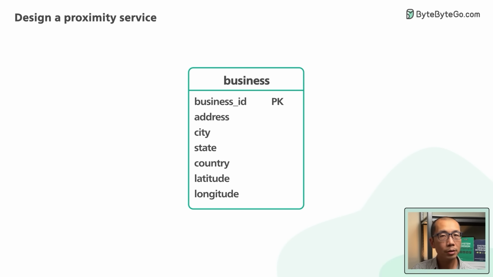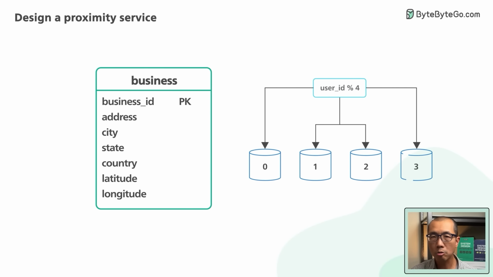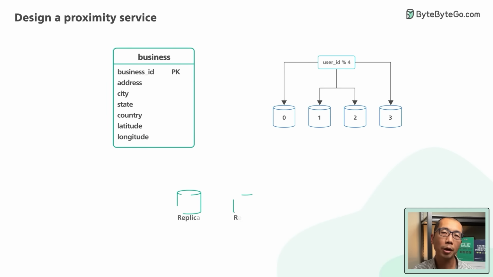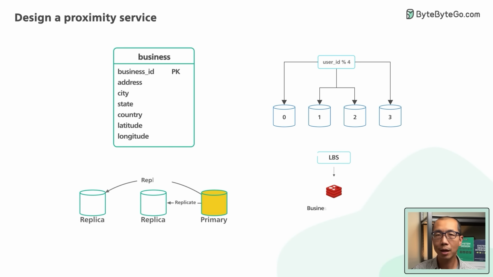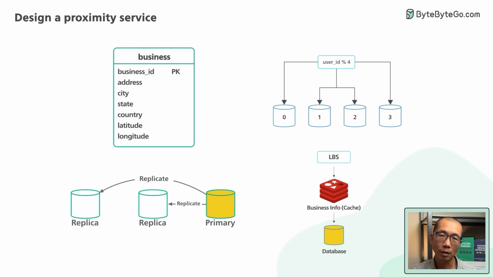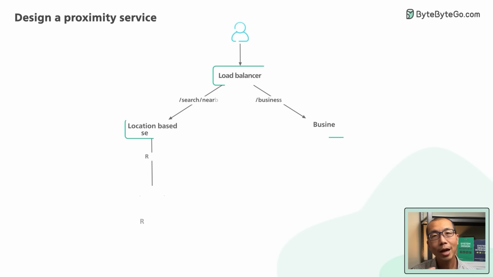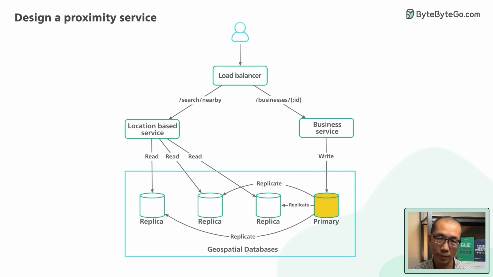Our recommendation is to first ship it with a single database. As the product grows, and with the help of good monitoring, we can react to the growth and usage patterns and decide later on either to shard, add replicas, or add a cache in front of it. Now for this video, we'll omit the cache layer. Let's recap by tracing the life of a search request through our final design.